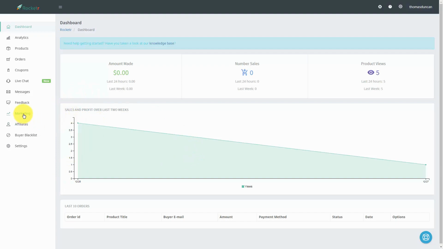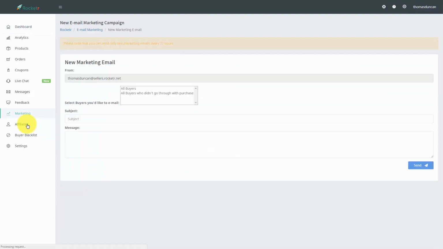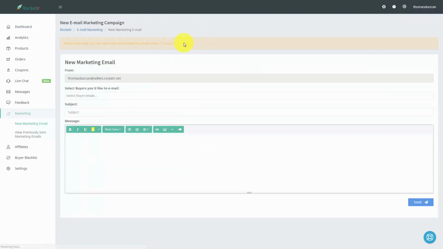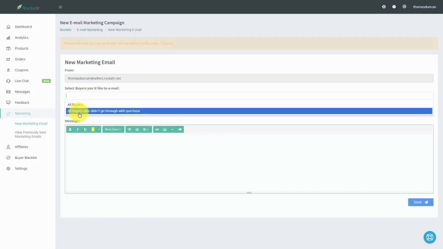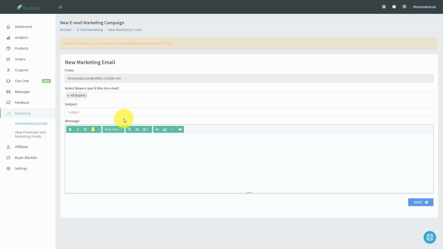So in order to do that, we are going to go to this marketing link, and then we're going to click this link that says New Marketing Email. When we do that, we're actually going to come to a specific page, and we can actually select the buyers that we like to email. So for example, we can determine that we want to email all buyers or all buyers that did not go through with the purchase. We can write in a subject for our email,